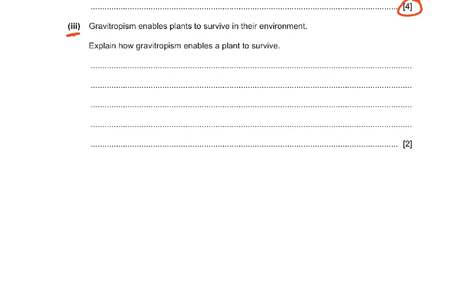Then part 3 of the question, gravitropism enables plants to survive in their environment. Explain how gravitropism enables a plant to survive. How does it enable a plant to survive? You see, the roots will anchor the plant to the soil. The plants growing down are more likely to reach water and the minerals. Then the shoots growing up are more likely to reach light, and more light absorbed, more photosynthesis, more glucose, more